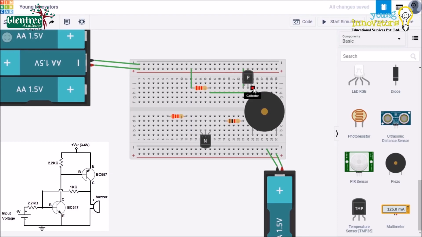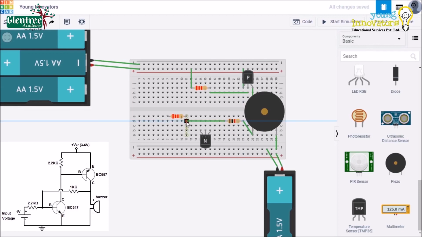Next, the collector of the PNP transistor will be given to the positive end of the buzzer. The negative end of the buzzer will be given to the ground terminal, that is the negative power lead. And from the 1 kilo ohm resistor, we will give it to the positive end of the buzzer. So the buzzer positive end will have 2 connections,